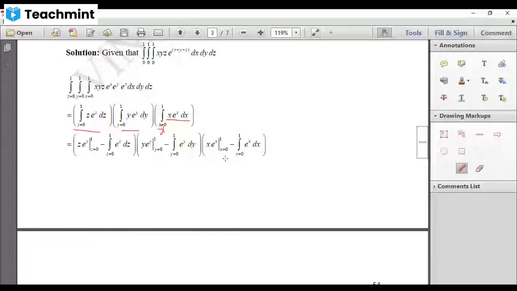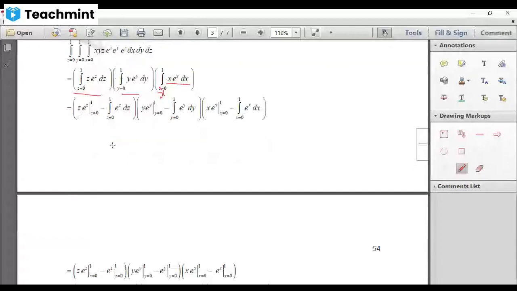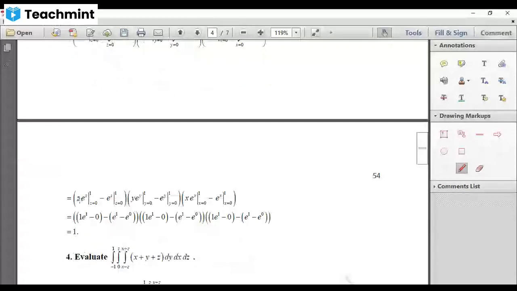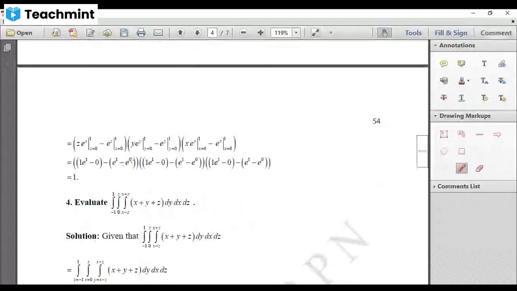Now integral of e to the power of z is e to the power of z, so you'll get the same. Apply the upper limit. 1 into this, 1 into e to the power of 1 is e, minus 0 into anything is 0. E to the power of 1 minus e to the power of 0. Now e to the power of 0 is 1. Now e minus e plus 1, if you multiply by the minus sign, e and e get cancelled, 1 will remain. 1, 1, 1, 1 into 1 into 1 is 1, so you got the answer.